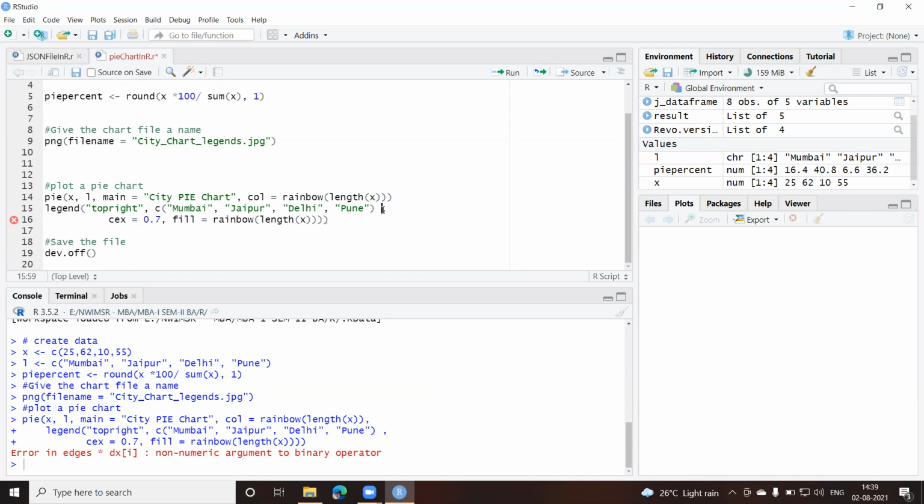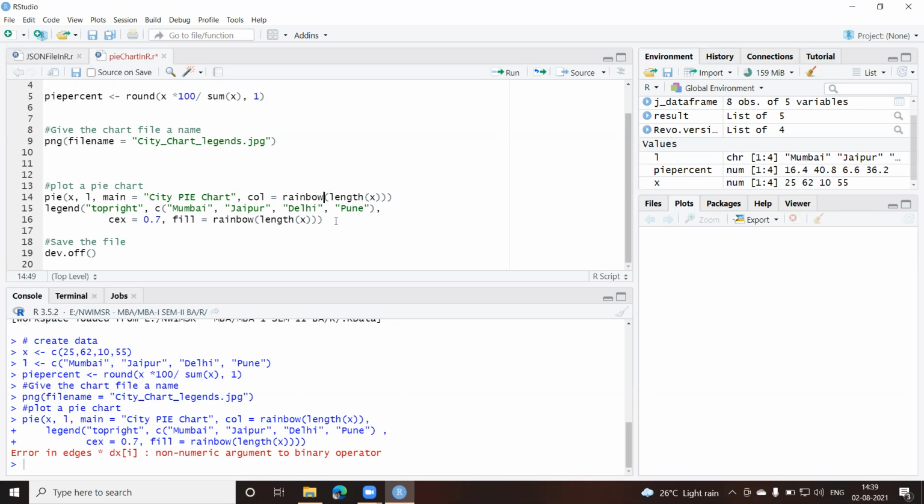It's outside this. Now, what about this one? This is an extra round bracket. This is okay. This closed here. So this is extra. Fine.